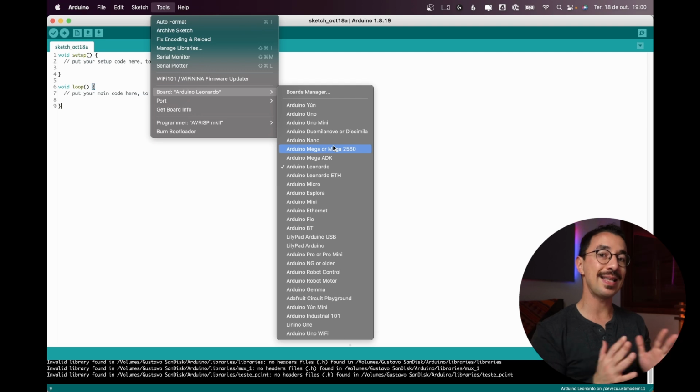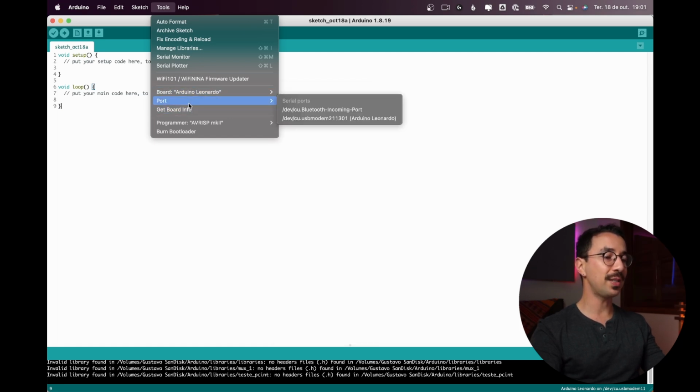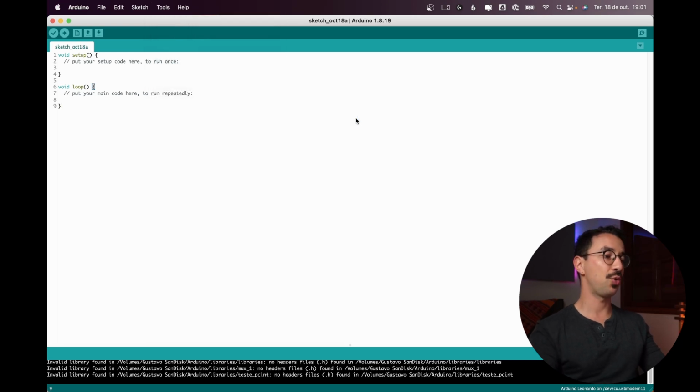However, since it has the same microcontroller as the Arduino Leonardo or the Arduino Micro, we can choose either one of them. So I'm going to use here Arduino Leonardo. In port, I have to choose here my USB modem. If you are in Windows, it's going to be something like COM4, COM5, etc.